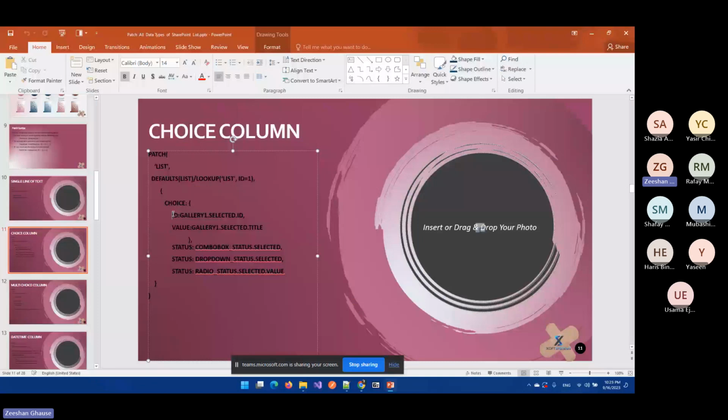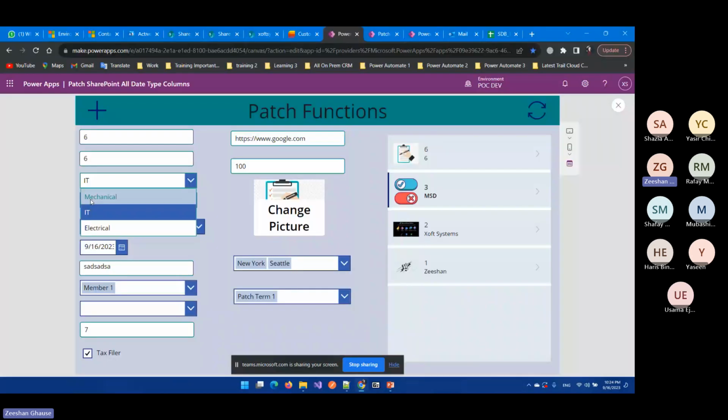If we are talking about the gallery, and we are using the combo box, the drop-down or the radio button, then you can use the name of the combo box, either the drop-down or the radio, then dot selected. Whatever the user has selected, it will be selected. And if it is the radio button, then you have to use the value itself. So for now, if I select this one, you can see here,